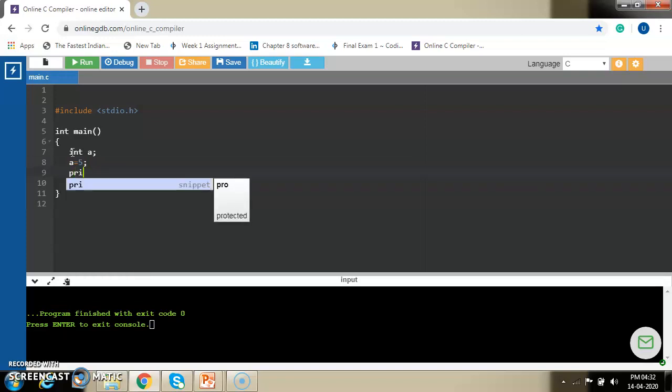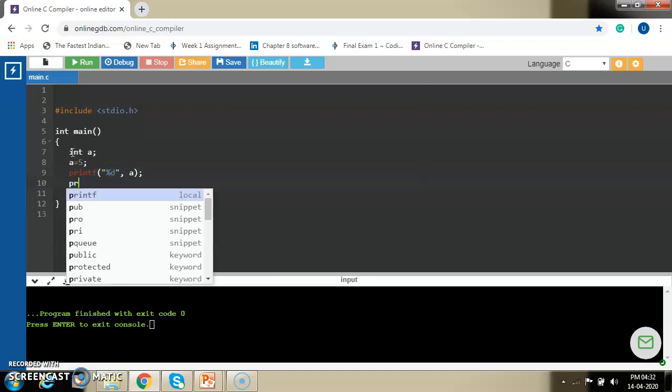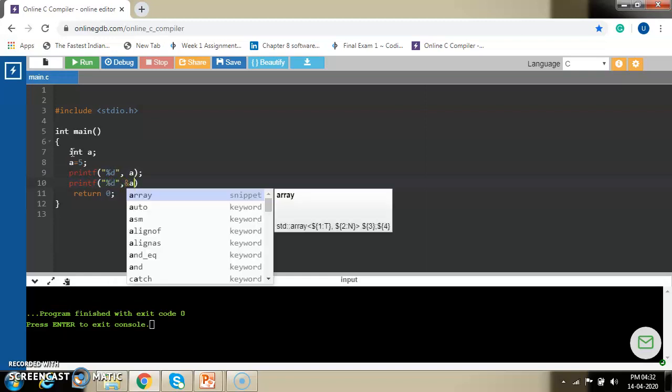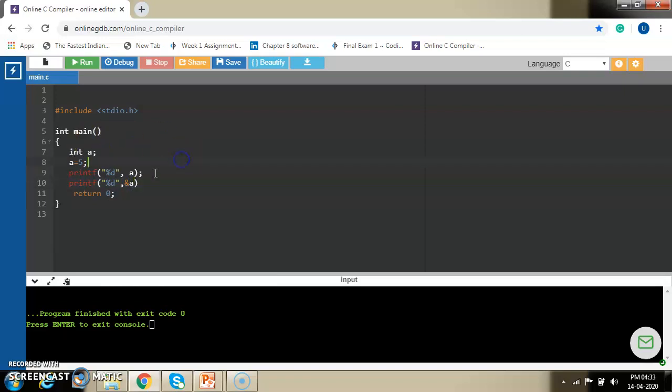Now, if I print the value of a, for that I have to use %d because it is integer. I'll write a over here and then I print %d address of a. If you want to print the address of any variable, you have to write ampersand before that.